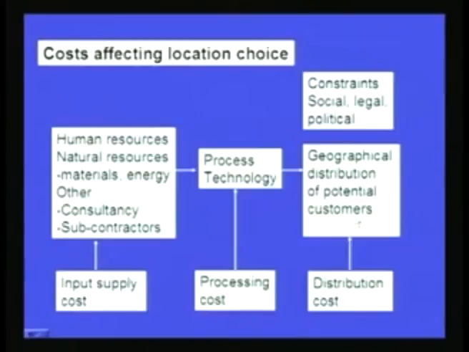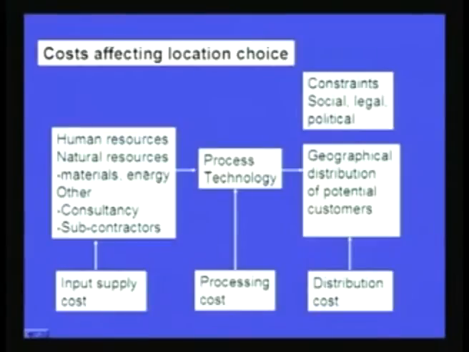Geographically, people are distributed in different zones in a country or different states in a country. So the geographical distribution of the probable customers is the market that we are tapping, where the products have to be supplied to the specific customers or consumers. So there is an input. Now what is the input? The input basically is the human resource. People would be required to carry forward this transformation process from raw material to the final product.